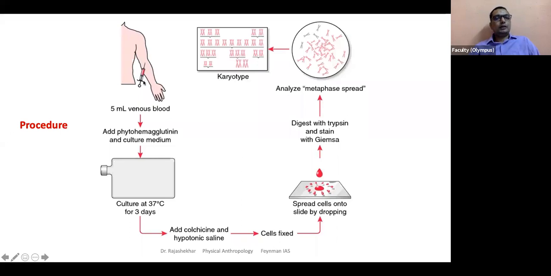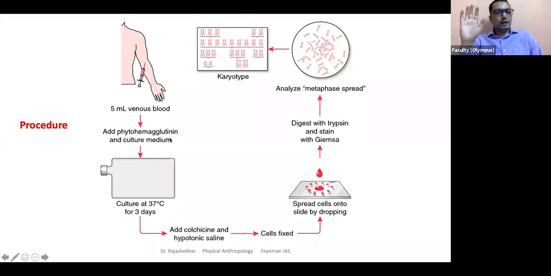You can collect any sample containing cells. Blood is the easiest one, so they collected the blood here. When you collect the cells, of course, cells usually undergo division, but not necessarily when you are studying them. So what do they do? They actually add a chemical to it, something called